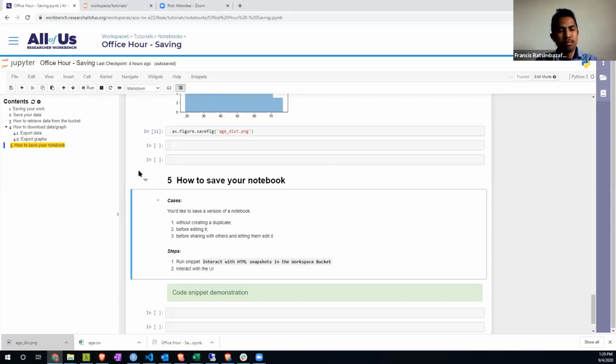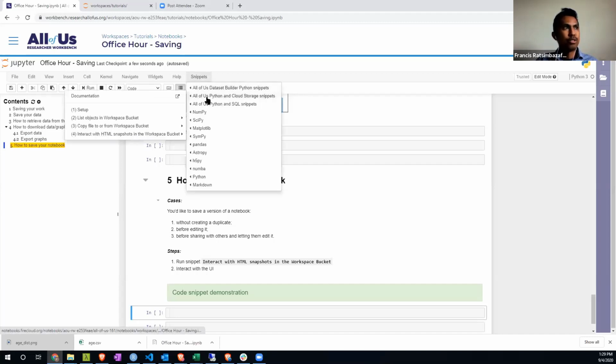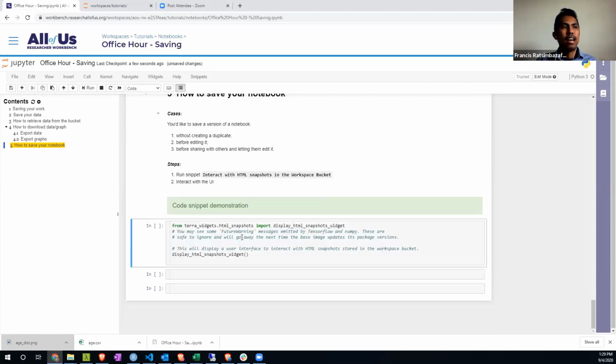You can press Control S and save, and go within snippets, cloud storage snippets always, and interact with HTML snapshots with the workspace bucket. And you will have this. If you run it, it's going to display a beautiful UI that lets you interact. And what we have basically here is